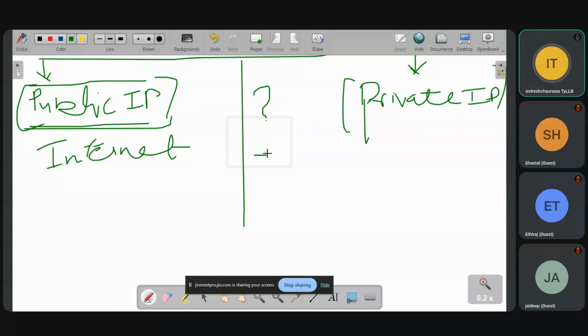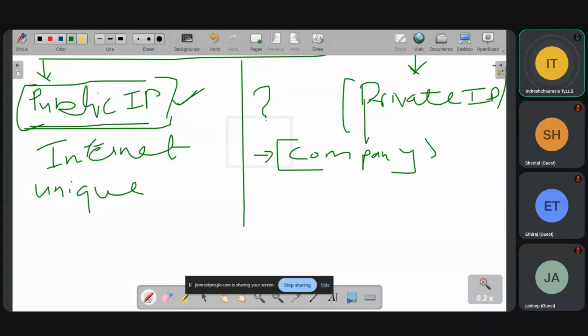When I am connecting within my own company, I don't use a public IP address. Public IP addresses are unique, whereas private IP addresses cannot be unique.